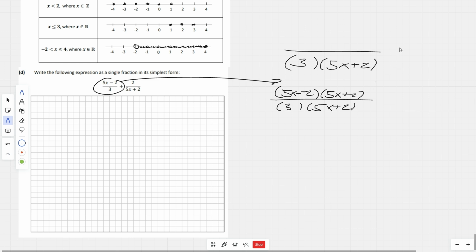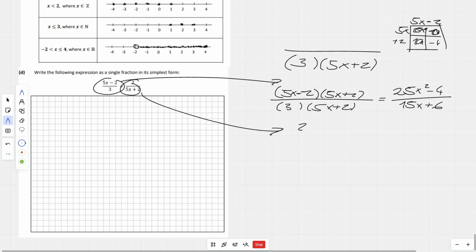So I'm going to multiply the top here just using a box method up here. So I'm going to do 5x minus 2 by 5x plus 2. So this will be 25x squared, this will be minus 10x, this will be 10x, and this will be minus 4. So this top will be equal to 25x squared. Then I'm going to add the minus 10x and the 10x. They'll actually cancel each other out. And then at the end, I'll have minus 4 all over 3 by 5x, which is 15x, and 3 by 2, which is 6. And then this here is going to change to 2 by 3 by 5x plus 2